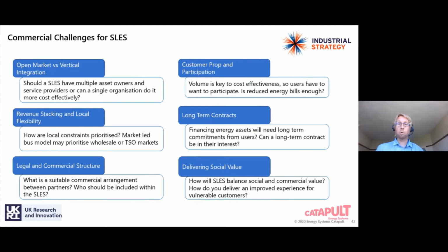On the right-hand side, it was much more customer focused, though, in terms of a SLES needing customer participation to be of value, and that's one of the key aspects. So if volume is key to making a SLES cost effective, there's lots of work still to do, I think, around service propositions and how energy is propositioned to make this more attractive than their current alternatives. I think engagement is poor within the market, and that's widely understood, and dissatisfaction is widely understood. But this still has to be better enough to create some sort of customer pull or interest in